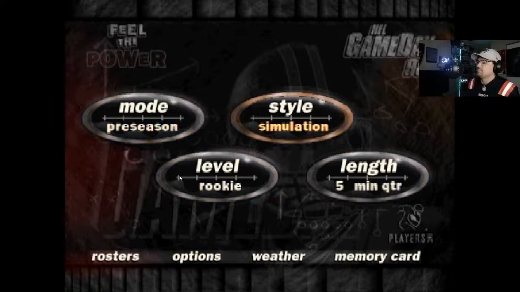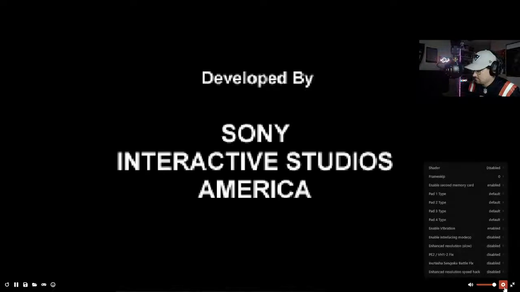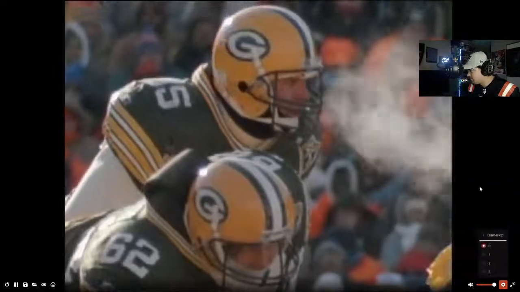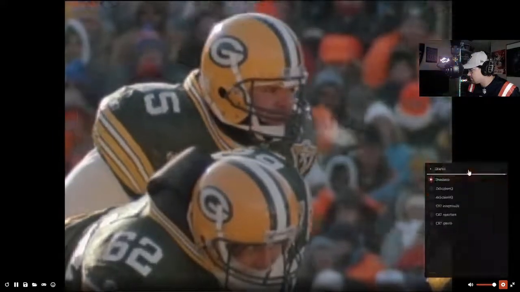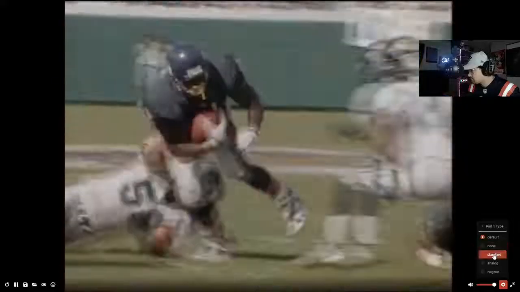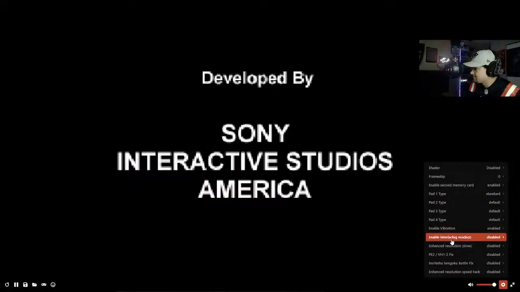Okay, so this isn't... Let's restart the game. Frame skips, we could do frame skips? No. Shader, we do some shading. Wow, this is not great.